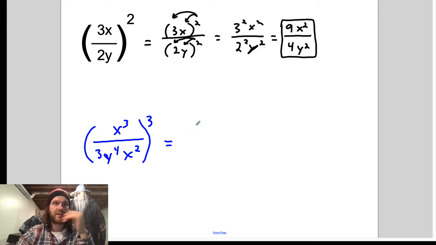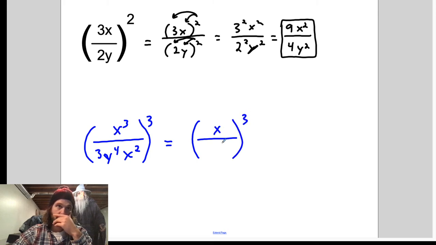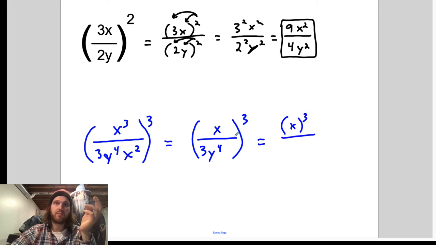X is in the top and in the bottom. So 2 x's in the bottom are going to cancel with 2 x's in the top, and we'll have 1 x left. So it'll be x to the 3rd over 3y to the 4th. And then the x's are gone. I don't know why I wanted to write them. I felt the need to, but I didn't. X to the 3rd, we're going to cut the parentheses, turn them loose, and you get